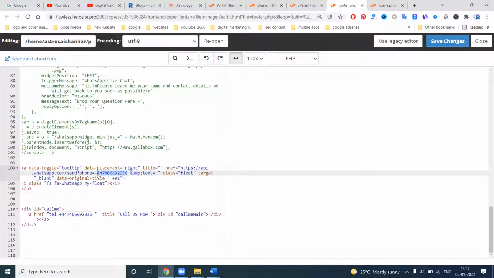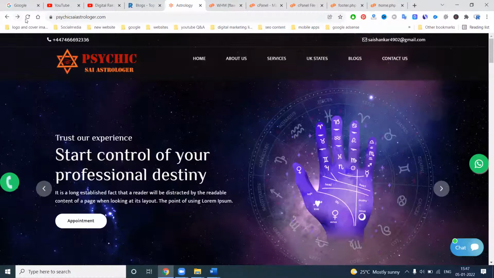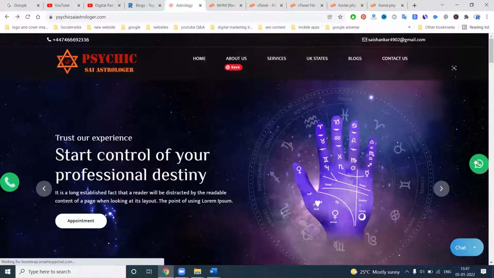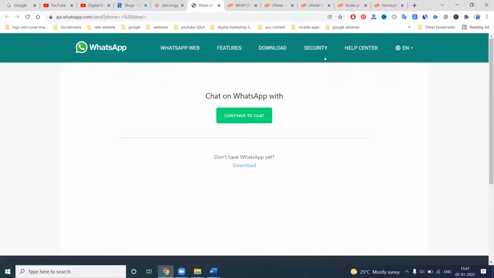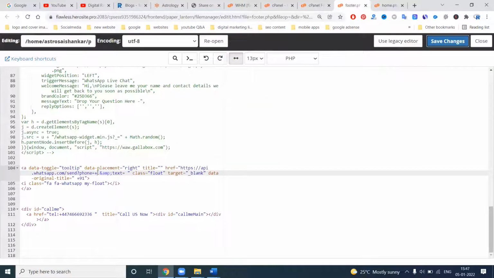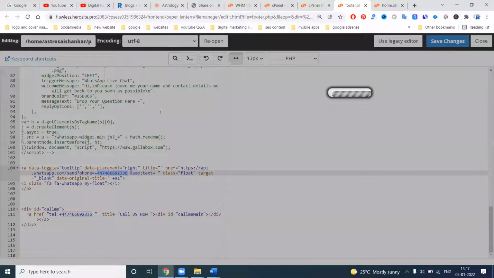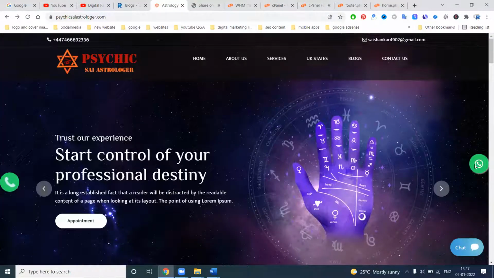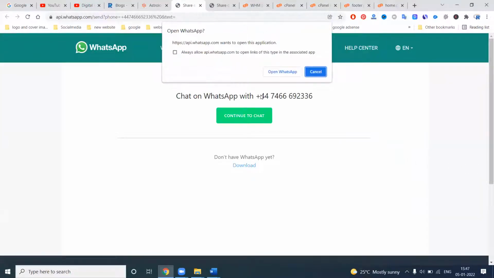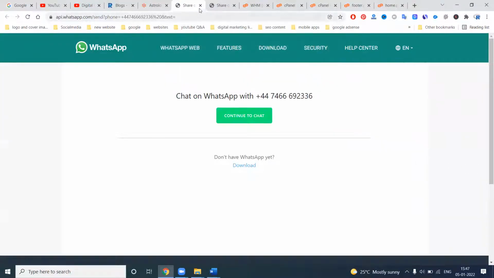Suppose I'm not adding this phone number. For example, refresh. When you click here, it's not working for your WhatsApp button. Why? Because no phone number is there. So when you click here, it is not completed for the empty one. So the phone number is compulsory and important. Now it is refreshed. How to know whether the phone number is there or not? They inform that your phone number will be here.